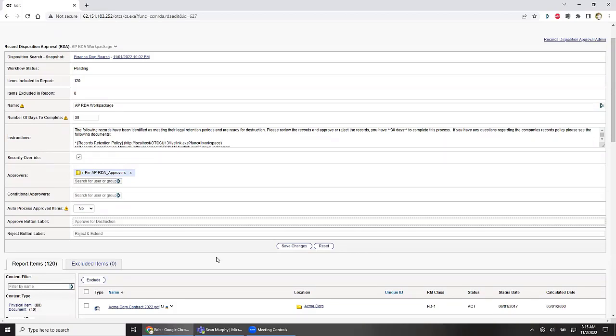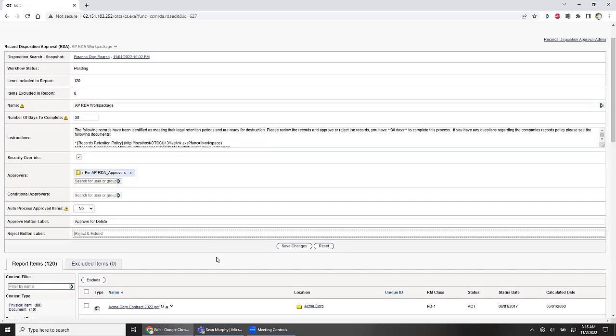And if it was just a generic approve and a generic reject, they may get confused, saying, well, I thought I was approving for archival, not approving for destruction. So we allow the records manager to customize the button labels and tabs that you'll see later on to be very specific in what they're doing. So the default value is approved for destruction. So I will just do an approve for delete, and we'll leave the reject and extend there for now. I'll save my changes,